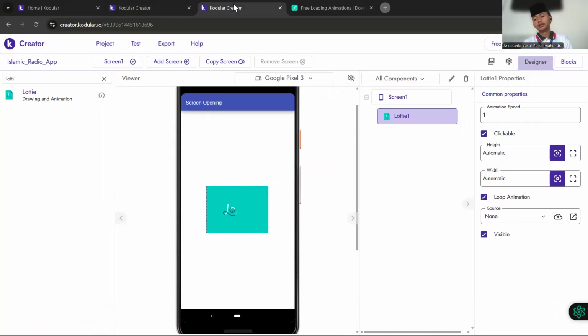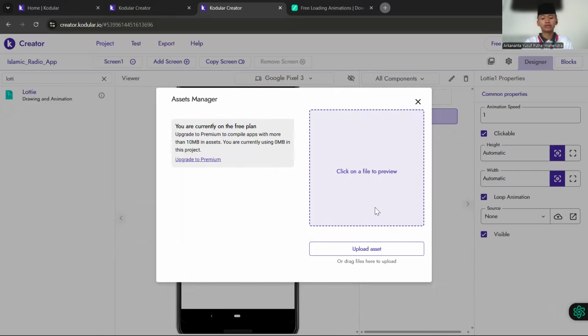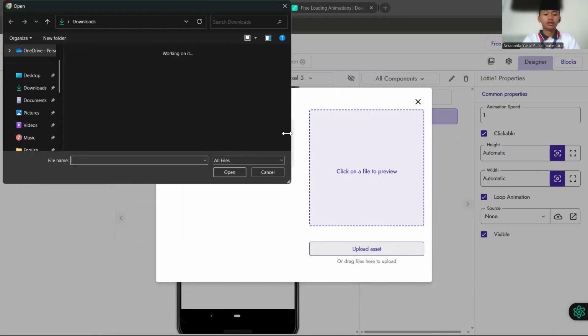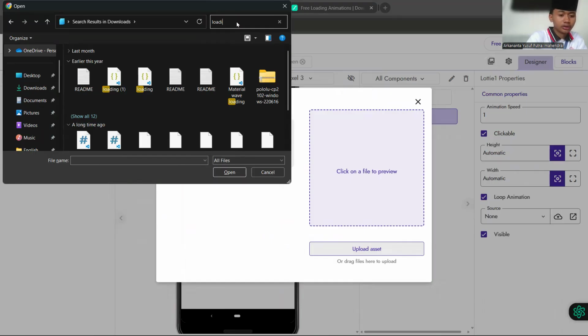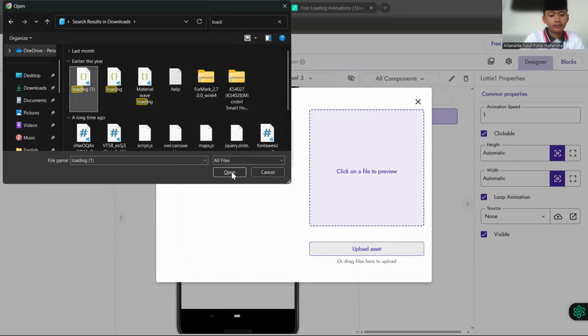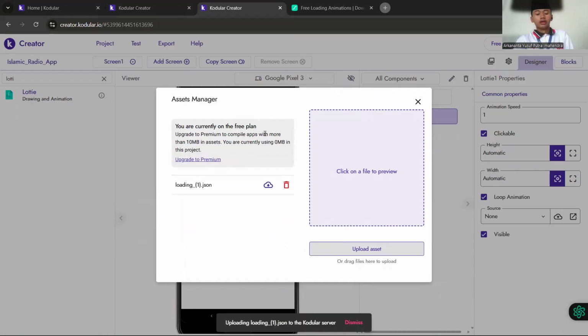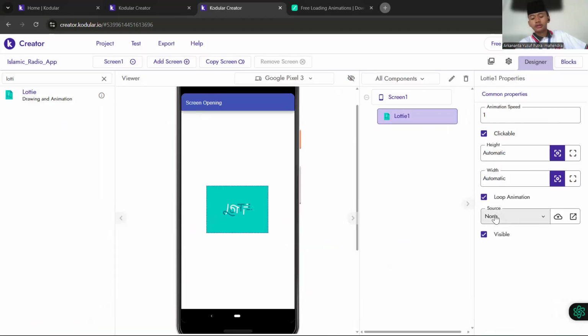How do we add the loading screen animation? For the icon or image, you can upload an asset. This is my file, so you can add it. Then you can enter the loading screen from here, with the source from Lottie, and loading one JSON.